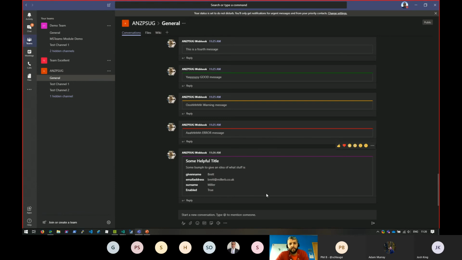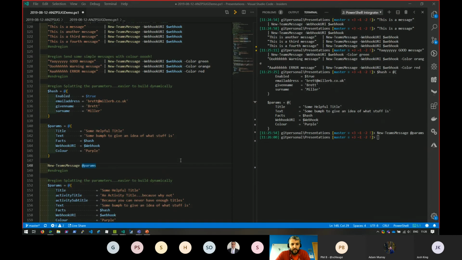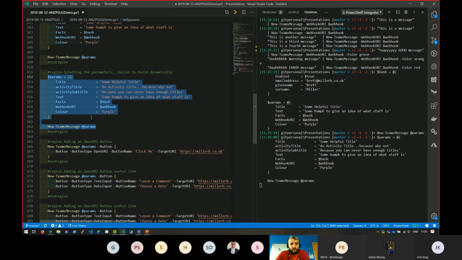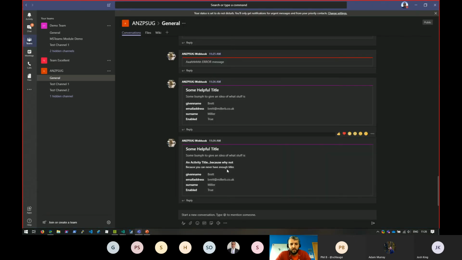And purple obviously has no meaning. And then you've got extra title, activity subtitle, and text, so you can kind of split it out as much as you need. You can see you've got a little bit more customization in there, so you can have a bit more information on the cards that you're sending. It's quite flexible, and you can send plain messages, or you don't have to include all 3 of these, or you can include any of the 3.